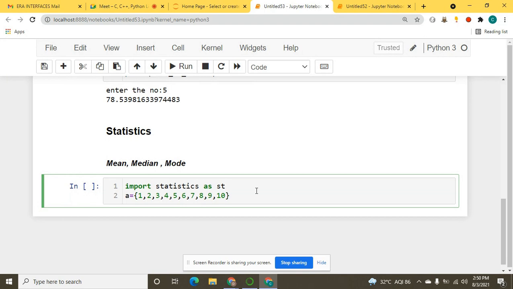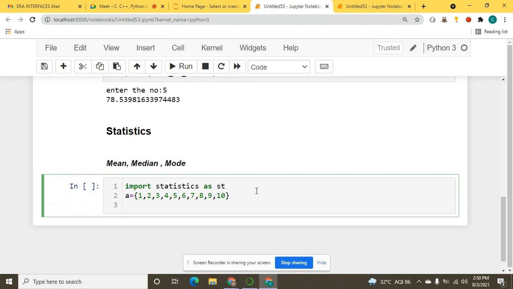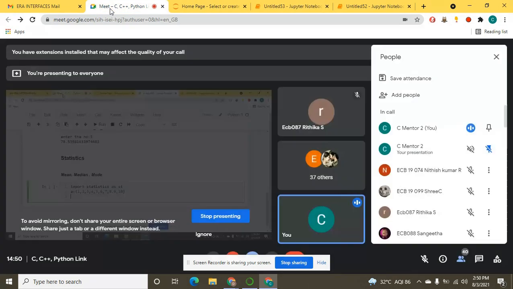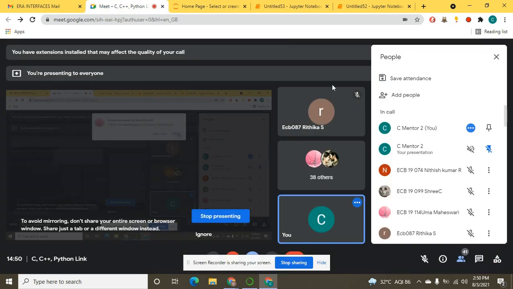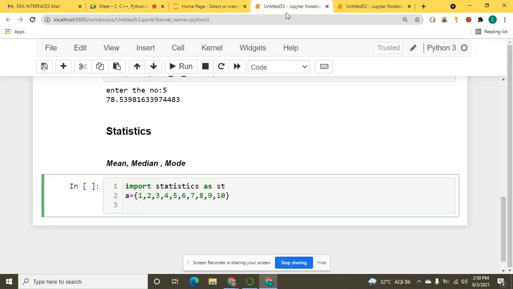I've taken some values here, not in a dictionary, in a set. In curly braces, when I am keeping comma separated values, this is a set. Even a dictionary keeps values in curly braces, but in a dictionary we keep the values as key value pairs, but in a set we simply put the comma separated values.